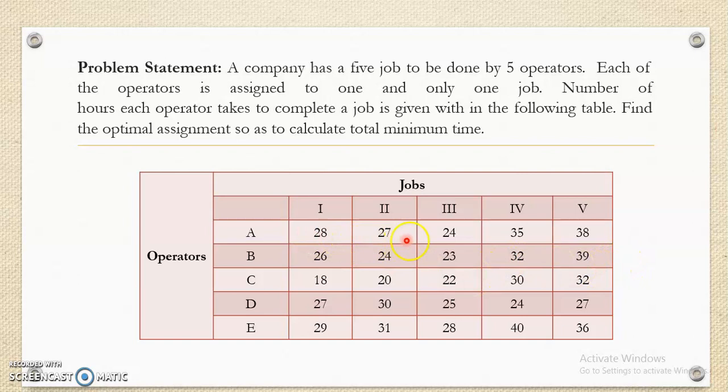Now for row operation. So what is row operation? It is also called as row subtraction. In this row operation process, we have to consider each and every row with its smallest value. In the first row, smallest value is 24, so subtract that value from all these values. Similarly, for second row, consider the smallest value and subtract that value from all the row elements. Similarly, for other rows, subtract that smallest value from each of the row elements and prepare a new table. We get the new table as this one.